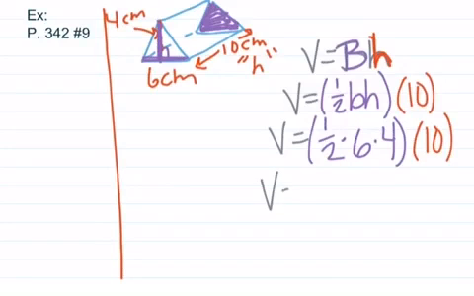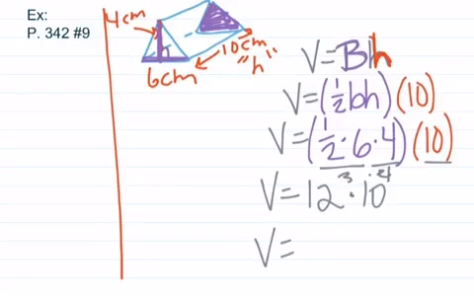Now I just need to evaluate this. 1/2 times 6 is 3. 3 times 4 is 12. So 12 times 10, our volume would be 120